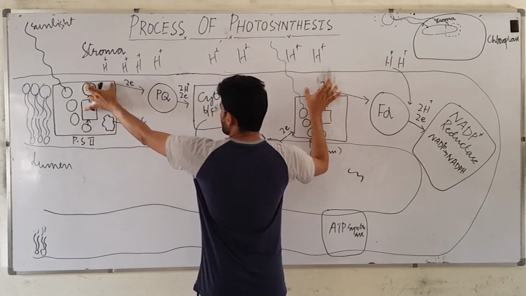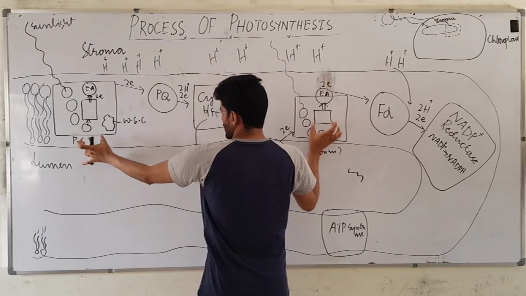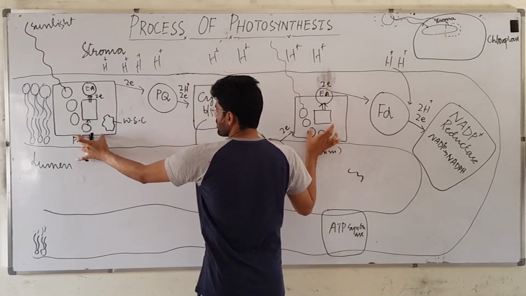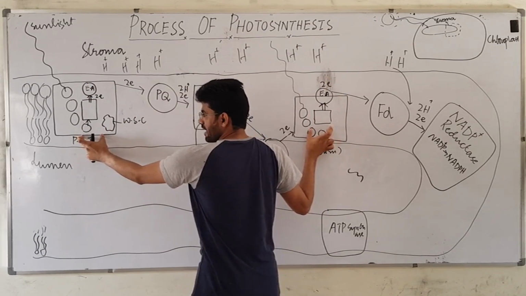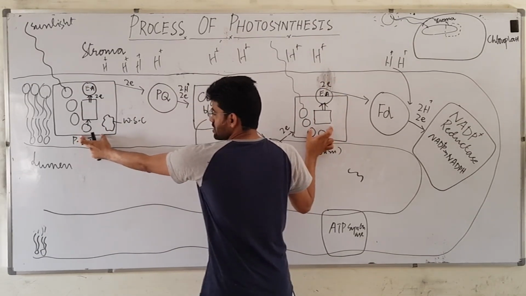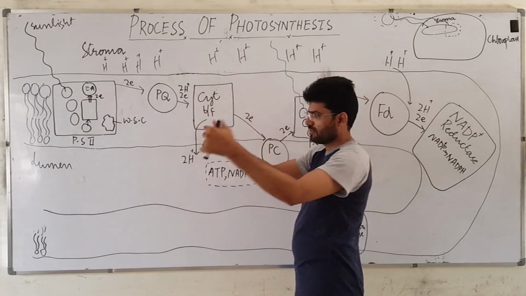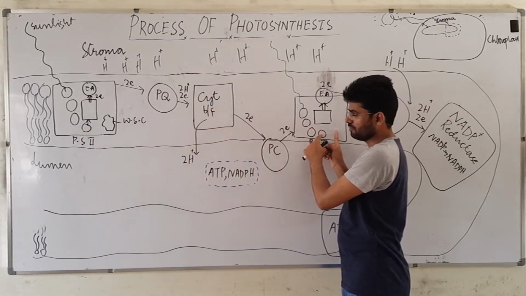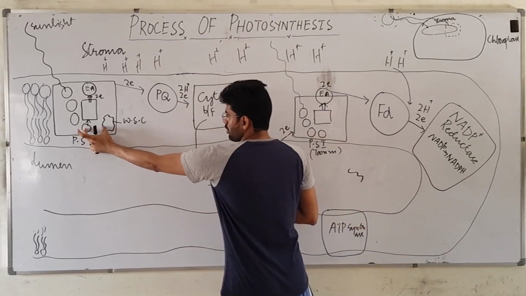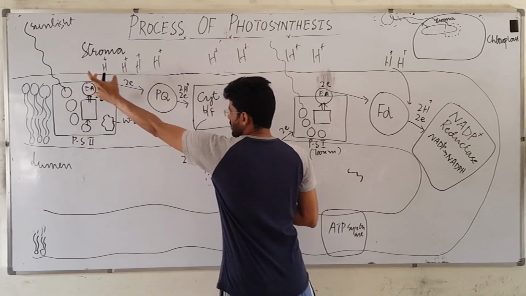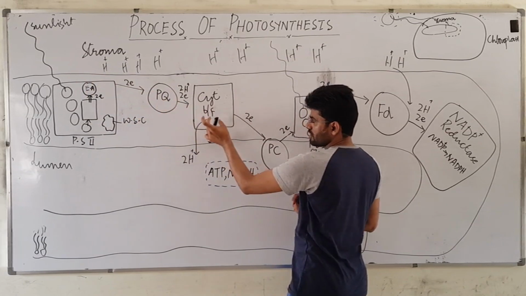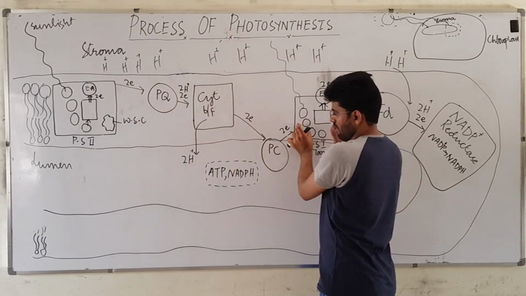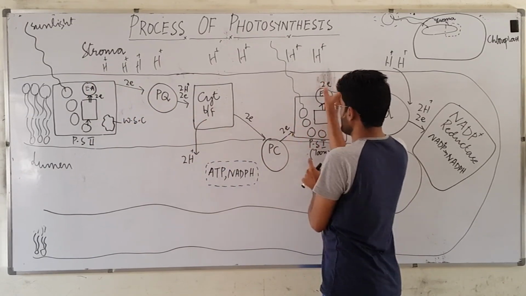So if you can see the movement of my hands, the emission of electrons from both of these photosystems started at the same time, means electrons were elevated at the same time from this PS and from this PS as well. So the electrons from PS2 came through plastoquinone, cytochrome B, plastocyanin to PS1,